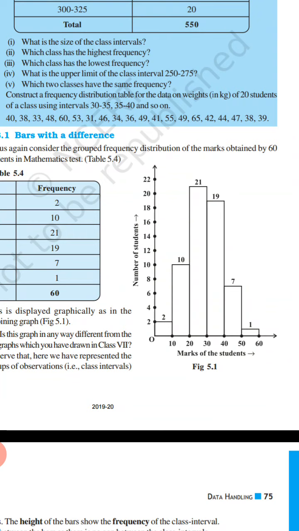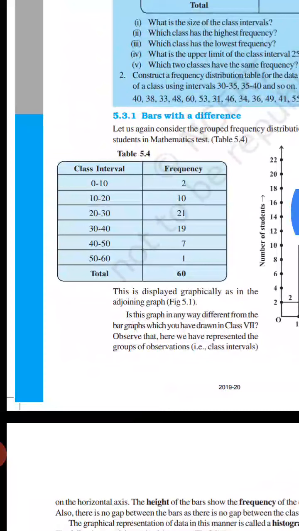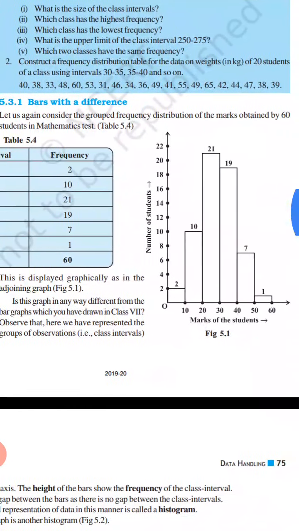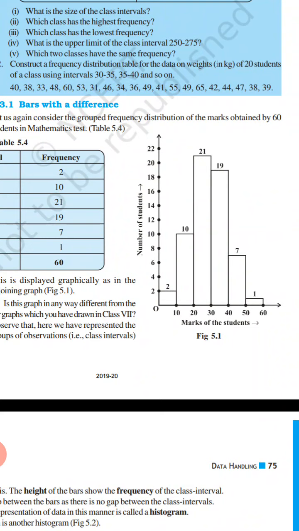Below, on the horizontal axis, you have to write the marks of the students and the number of students on the vertical axis. So 0 to 10, 10 to 20, as the class intervals are there. For 0 to 10 you have marked 2 students and for 10 to 20 it is 10 students. Again 20 to 30 it is 21, 30 to 40 it is 19, 40 to 50 it is 7 and 50 to 60